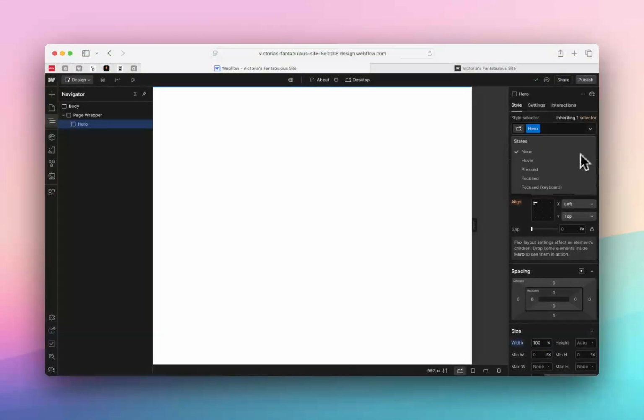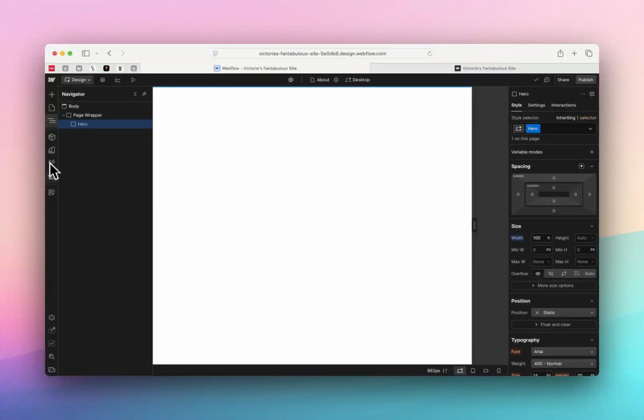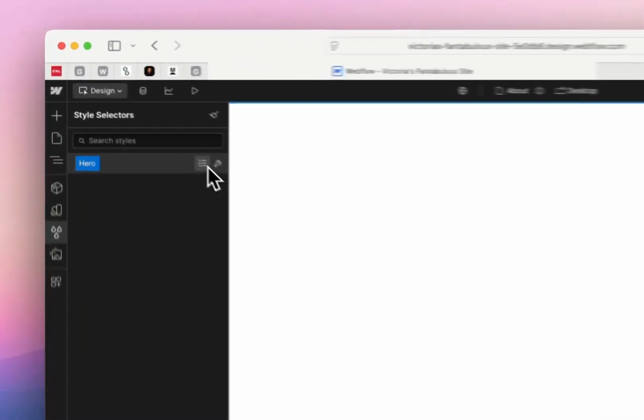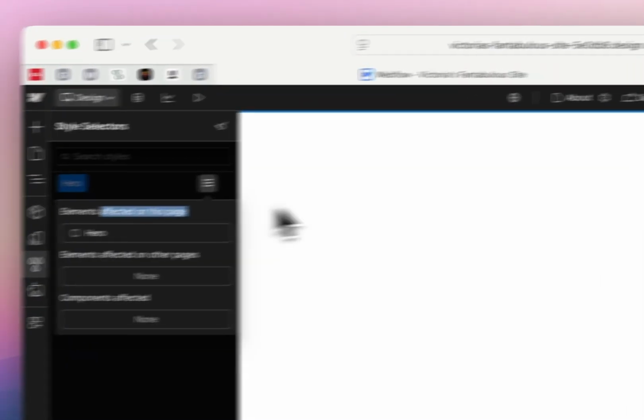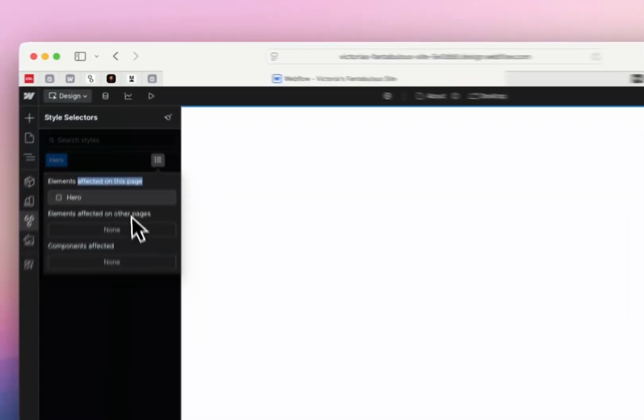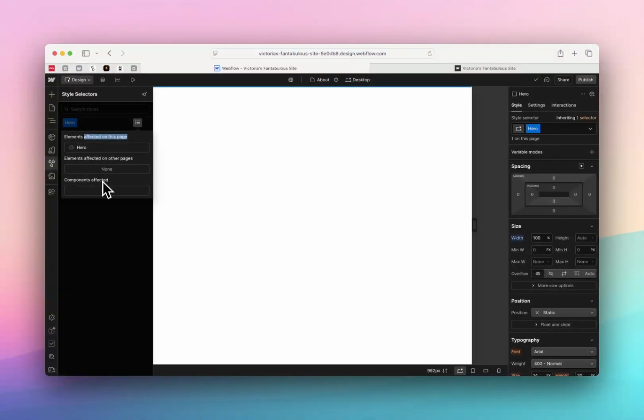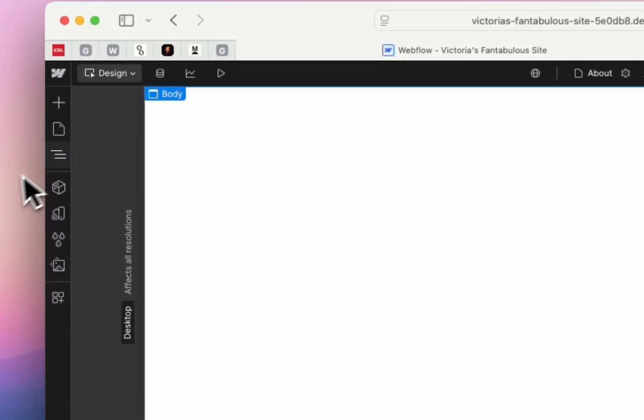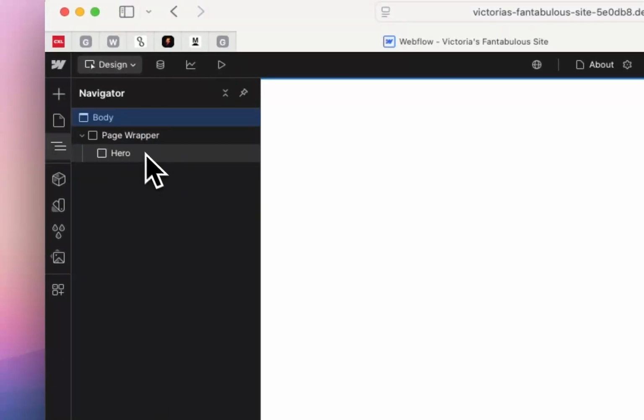You can also adjust what it's like when it's hover, when it's pressed, when it's focused. Those are especially great for buttons, but we're just working with the default state now. So if I jump back into style selectors, I've got this hero here, and it will show me where this class selector is applied. So I've got it on the home page, so it's showing me it's affected on this page. I'm actually on the about page, sorry. I'm on the about page, and it will show me if it's on any other pages and what other components it's affecting. Because if I go to my home page now,